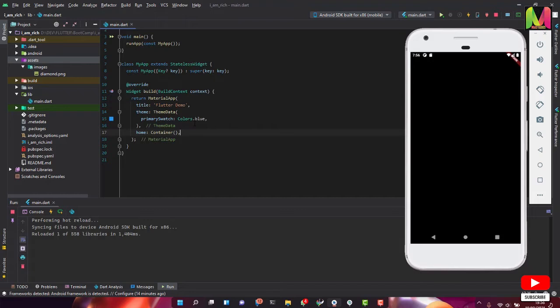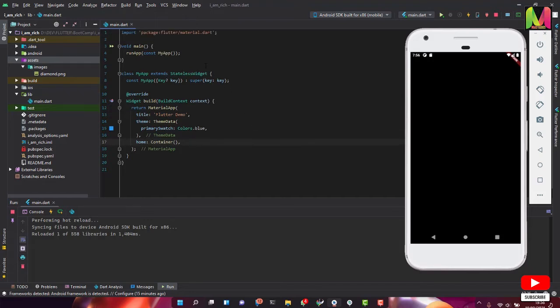So you have to change things to suit your needs, especially when they are in the material app main widgets. So whatever you put in your run app is what is going to be rendered for you on your screen. So if you change this to a material app, is what is going to be rendered. However, if you put the material app in your run app, it's going to run normal,